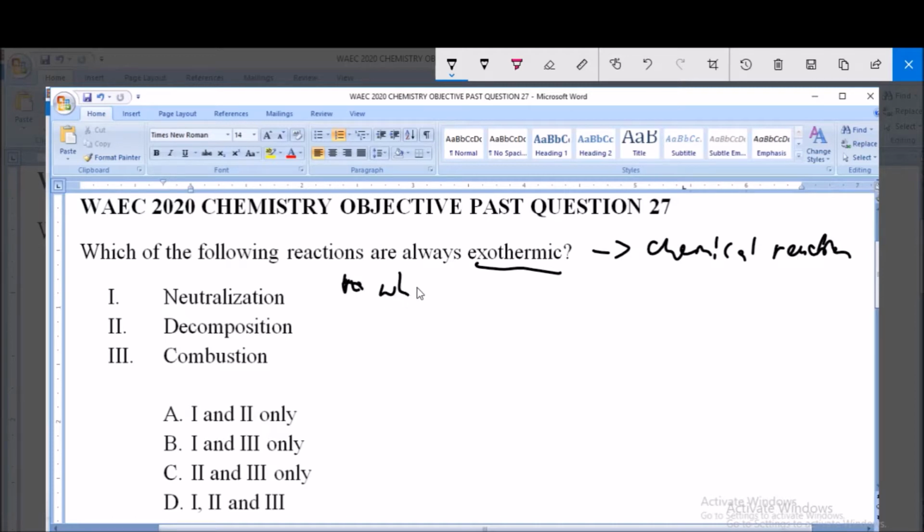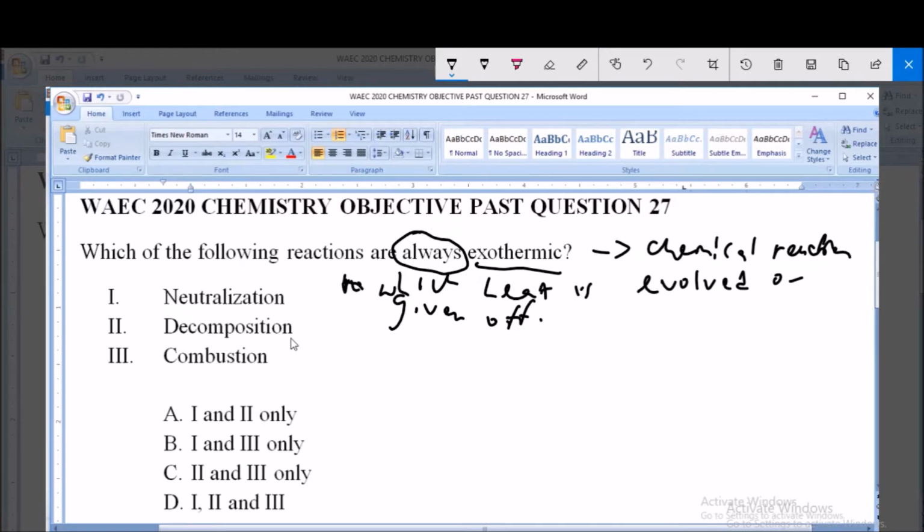in which heat is evolved or given off. So a reaction in which heat is given off or evolved is known as an exothermic reaction. So the question we're asked here is which of these reactions are always exothermic? That is, if we are to give all the examples of each of the reactions, which one will have examples that are always exothermic? So let's look at each of the